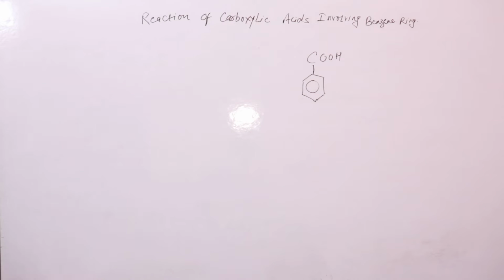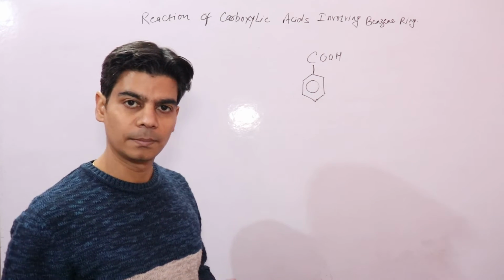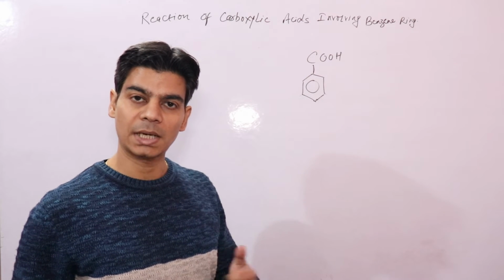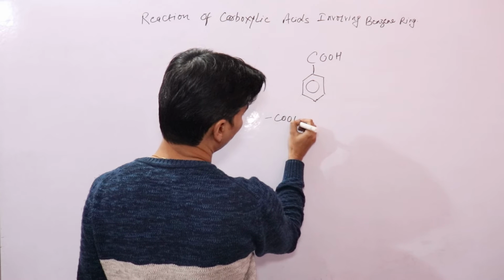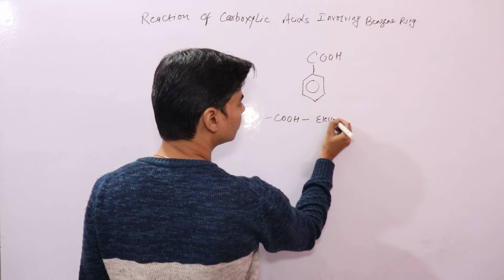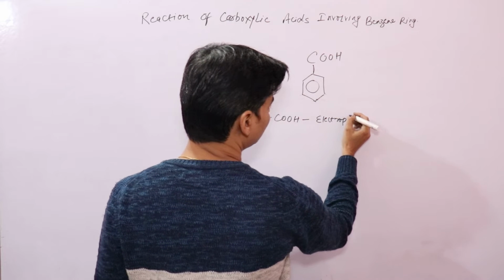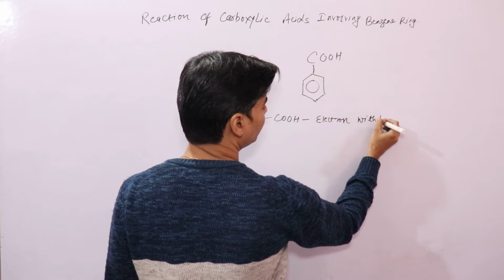right? And we know that in case of meta-directing groups, high electron density will only be at the meta position, right? So substitution of electrophiles will take place at the meta position only. So your COOH group, first thing is, it is an electron withdrawing group,